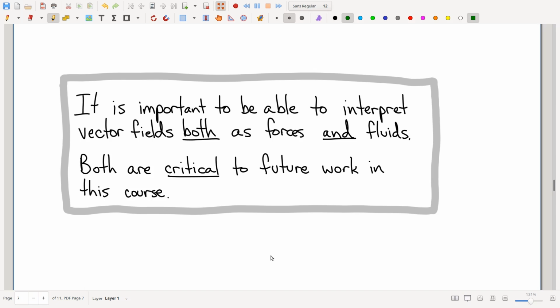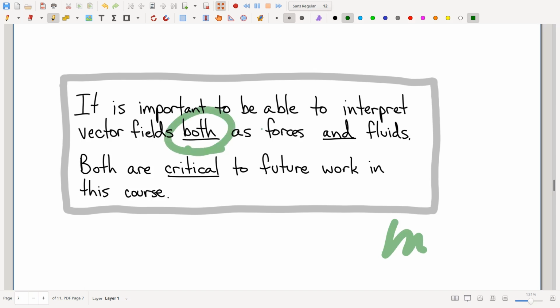And in some cases, students will find that they like one better than the other. Right? And they make a subconscious decision: you know what, I'm sticking with fluids. I don't like this forces business. I like fluids. Or perhaps vice versa. Like, I don't know what the deal is with the fluid nonsense, but I get gravitational forces and electric field forces and stuff like that. And you can't. So very importantly,